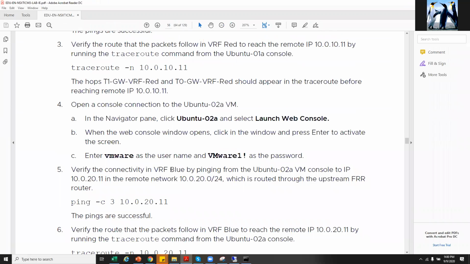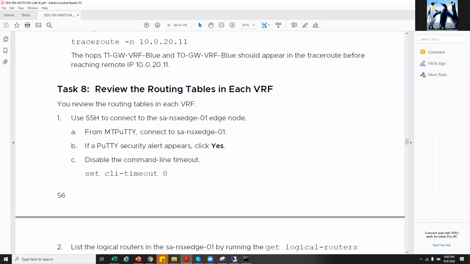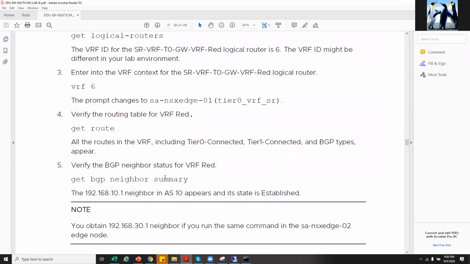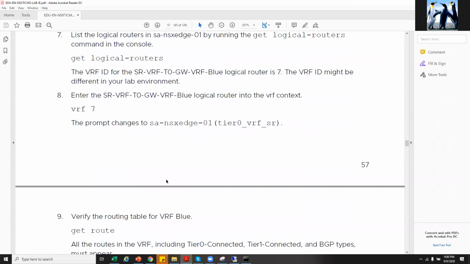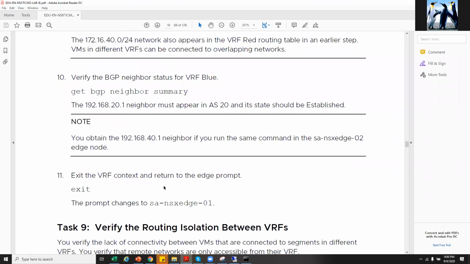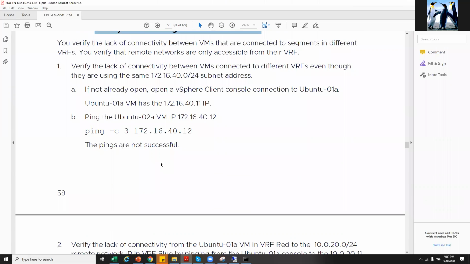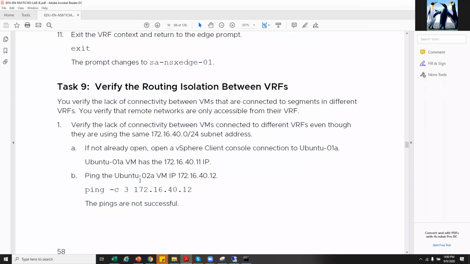We have a flight thing here. Now we'll review the routing table, which is also fine. We have done it, okay? So this part is also done. Summary must be the one with the neighbors, right? So verify the isolation route between the VRF, right? What we can do from Ubuntu to